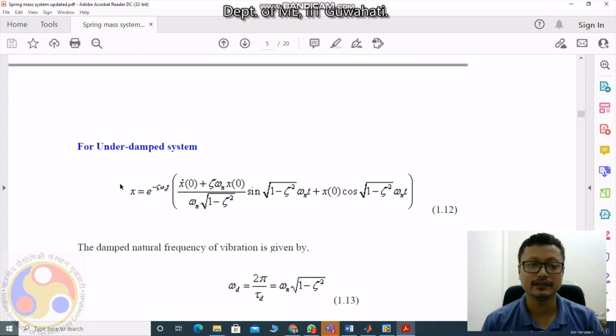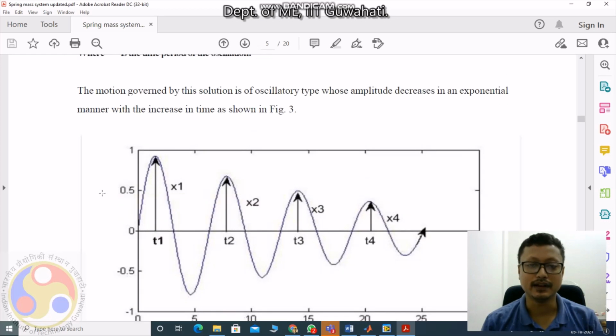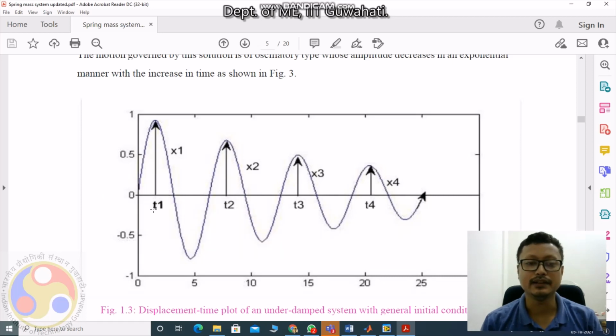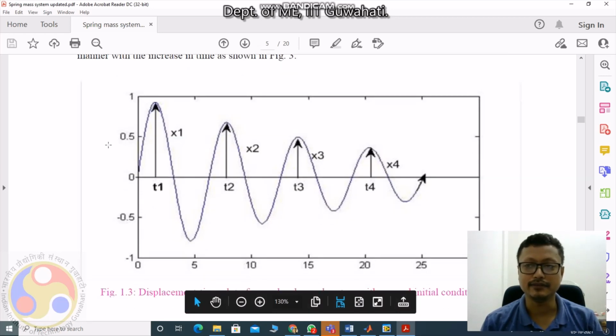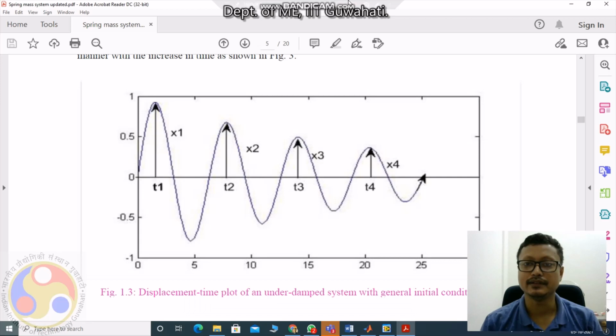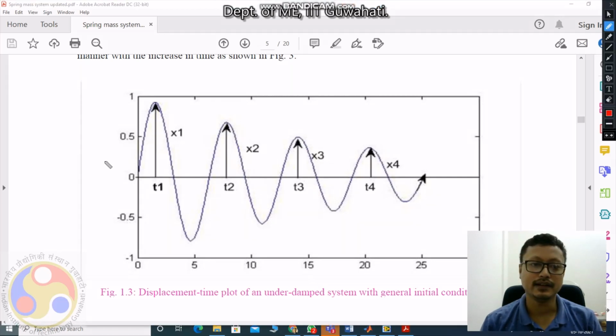You can read it. Now I will go to this graph. Finally in the experiment you will get this type of graph. On this side is amplitude, and on this side is time. By analyzing this, you need to find out the natural frequency and stiffness of this spring, which is the main objective of this experiment.